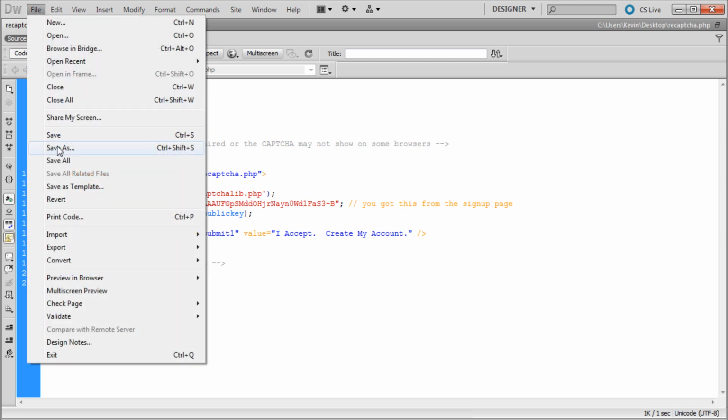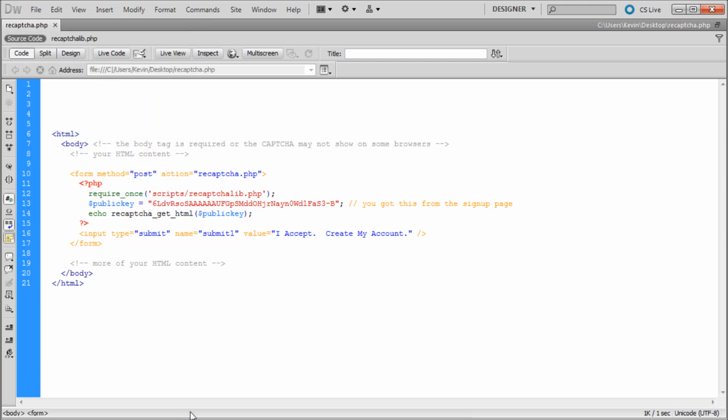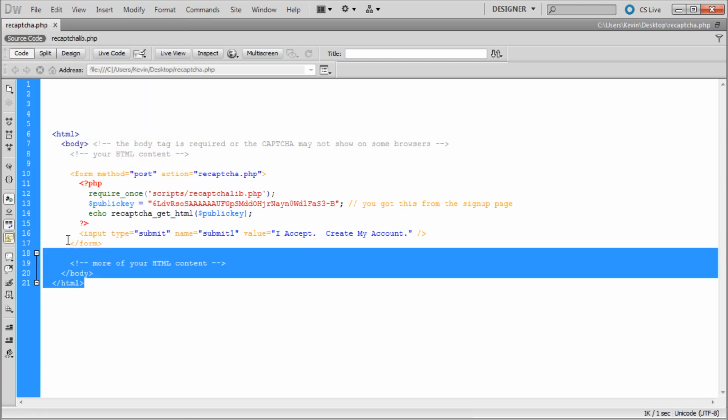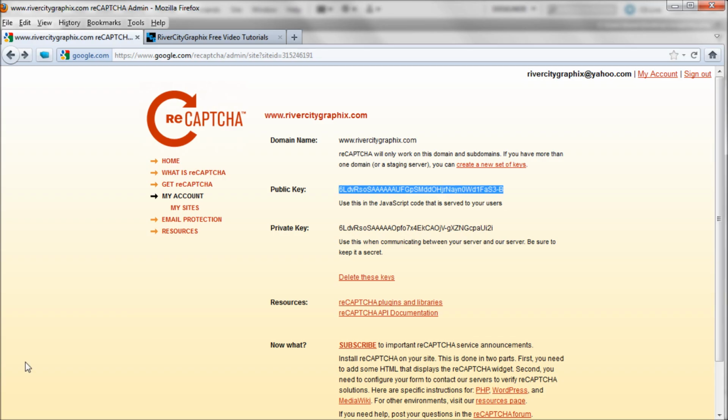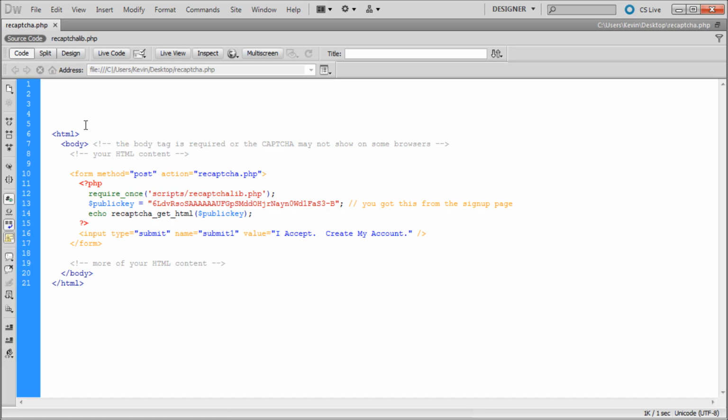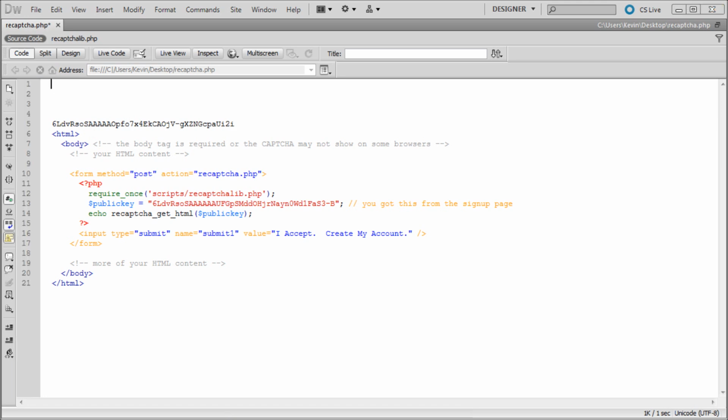So now what we can do is just save that, and we can go back and actually start processing the data that we were putting into that form. So I'm just going to go back over to Firefox, and I'm just going to copy this private key right here. Again, we copied the public one earlier, we're getting the private one. I'm just going to copy that, paste it into Dreamweaver, and now we're going to go and get some other